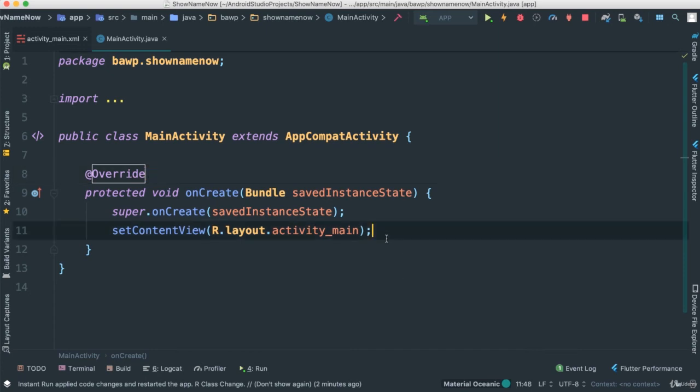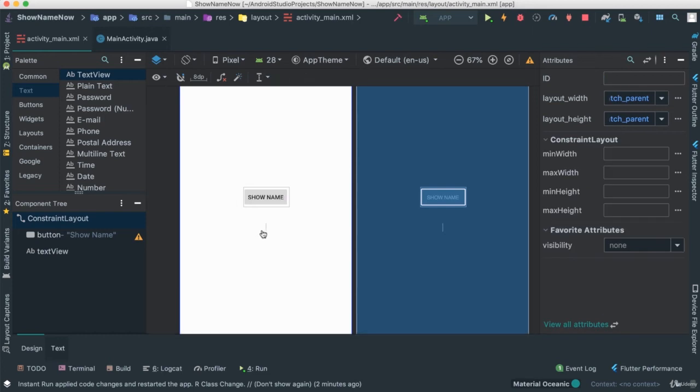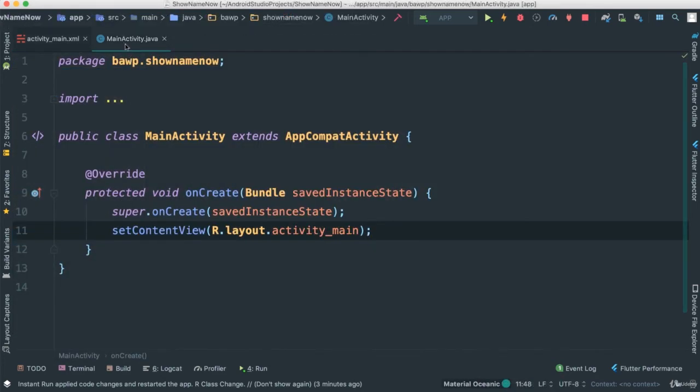All right, so let's go ahead here and fetch these IDs, or in this case, fetch these views, right? These controllers here, the button and also the text view, because we need to connect this user interface with our Java so that we are able to then write the logic which will allow us to click show name and show whatever we want in the text view. To get these, this is the reason why we have IDs. They must have IDs, because that's the only way we're going to be able to get them from our main